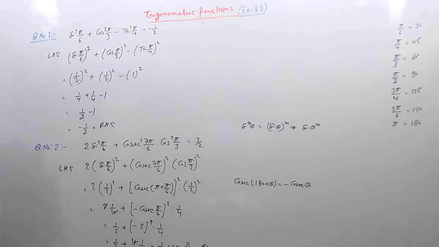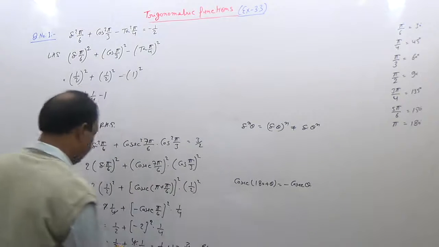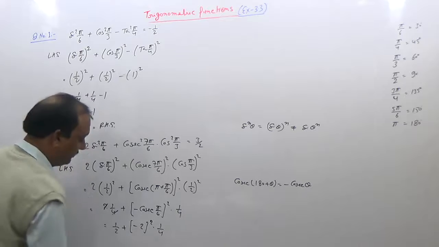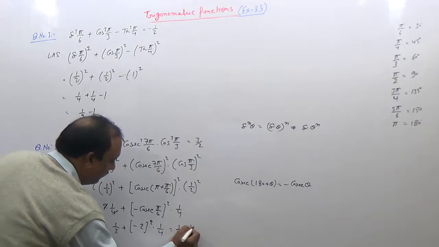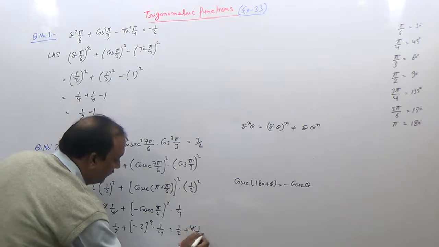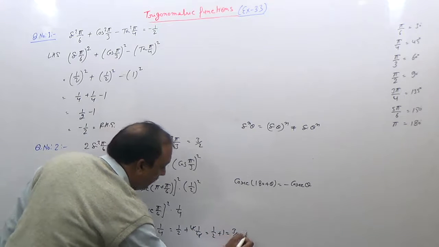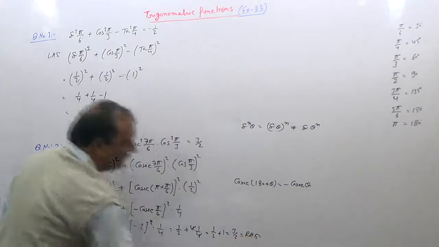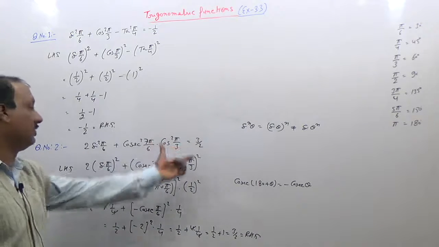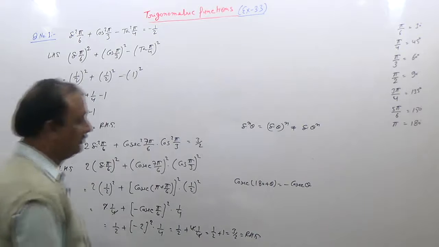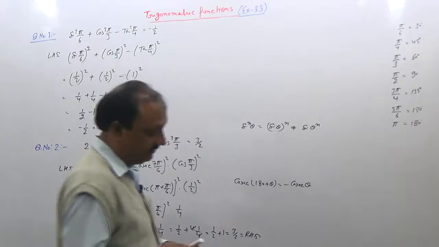So this proof is done. Then its value is 1 by 2 plus 4 into 1 by 4. So 1 by 2 plus 1 is 3 by 2, which is the RHS. So simply we have proved that this is equal to 3 by 2. Now question third is